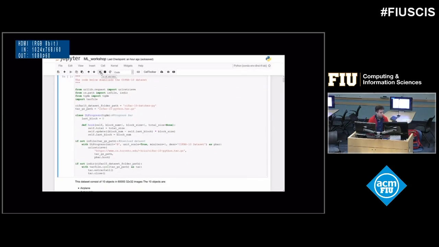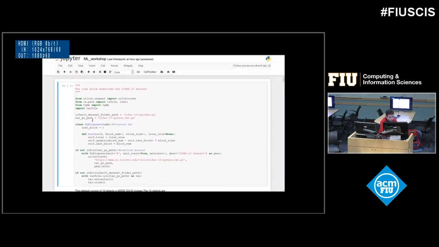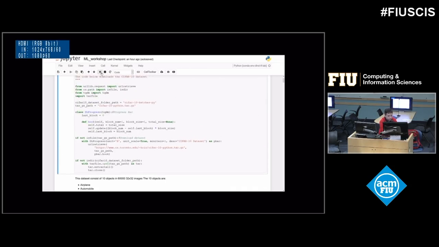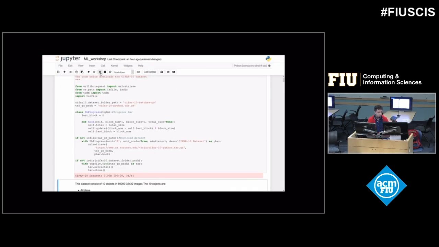So I'm going to start with the coding part of the workshop. This first snippet is going to download the dataset. That should take a little bit.